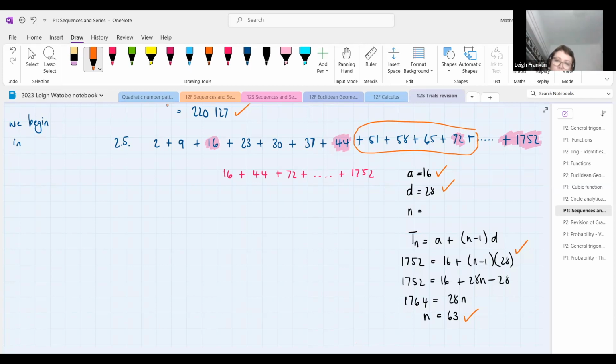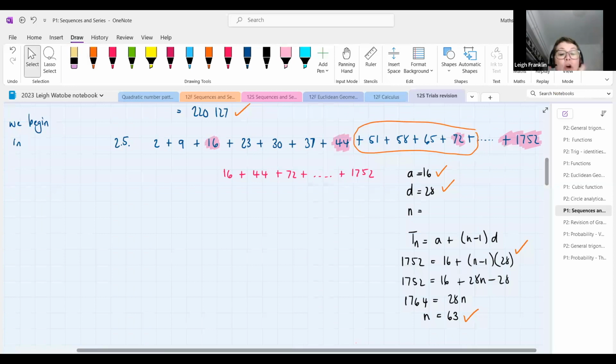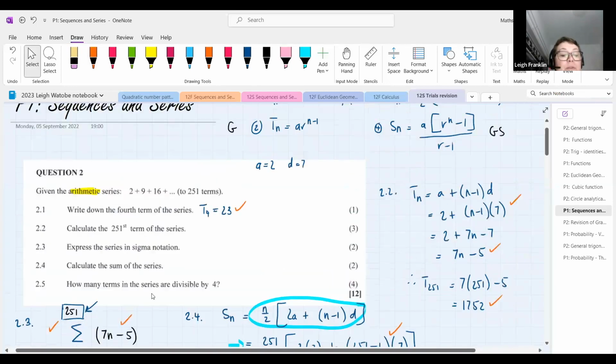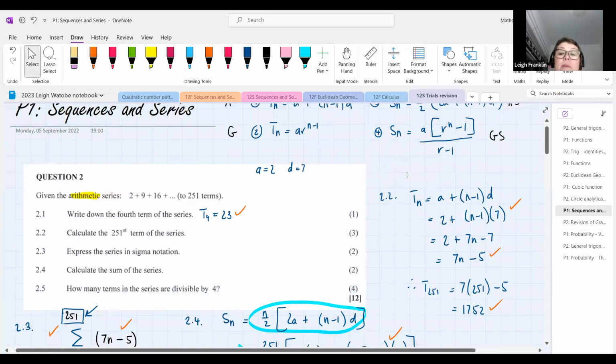Yes, ma'am. But what if the second pattern is not linear? What if it's quadratic? How do you know if it's going to be quadratic? It can't be, because the thing is that we were talking about an arithmetic series to start off with. So you're not going to suddenly find in 2.5 that it's changed